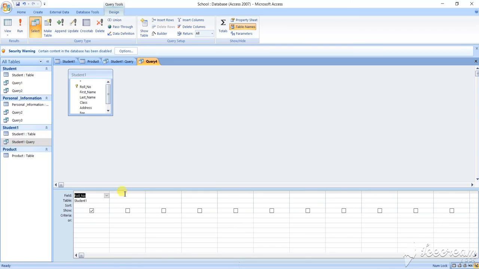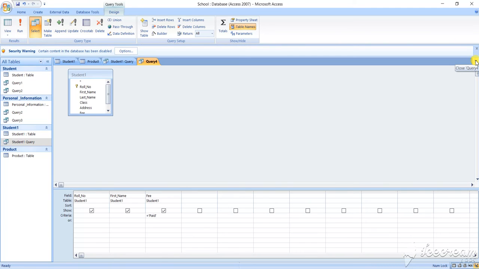So it has given here the first table that we have selected, student dot roll number. First select the roll number. Then suppose I want to see the first name of the particular student. What is my criteria? Criteria is fee paid, isn't it? So select the fee paid here. Fee. Now what is the criteria? Equals to what, within a single inverted comma, double inverted comma. I am giving single inverted comma, paid. Close the single inverted comma. Okay. Now you close it.